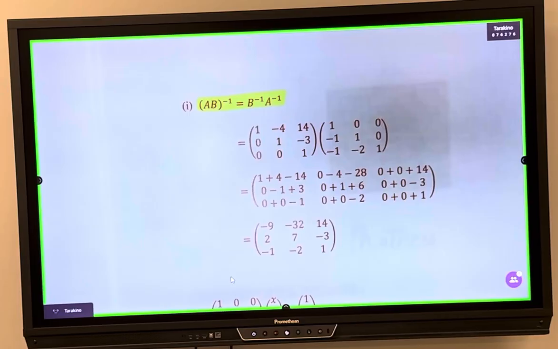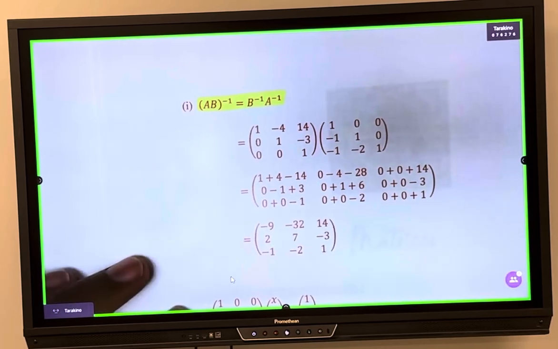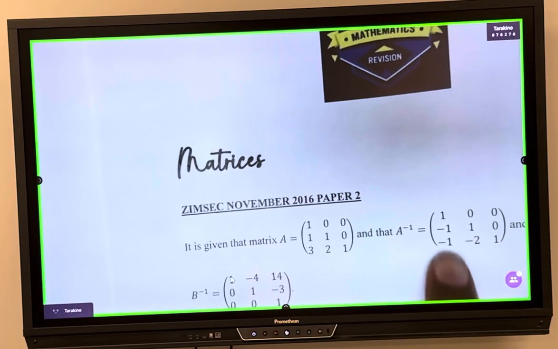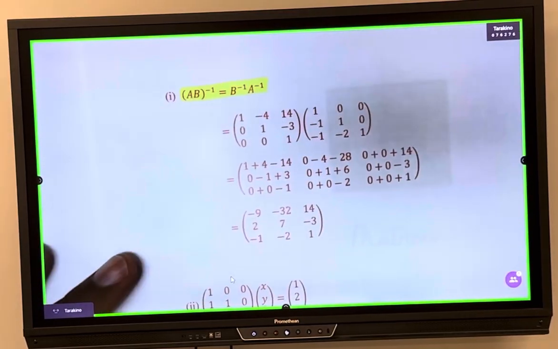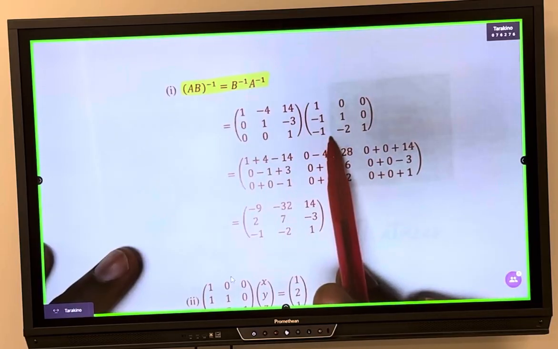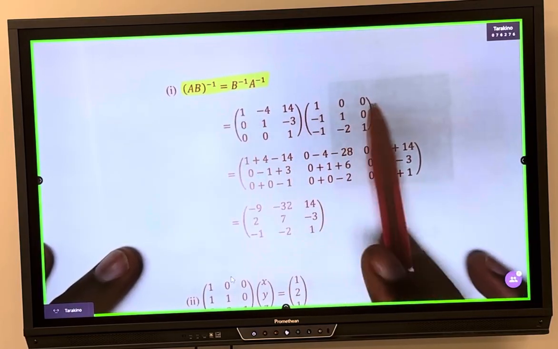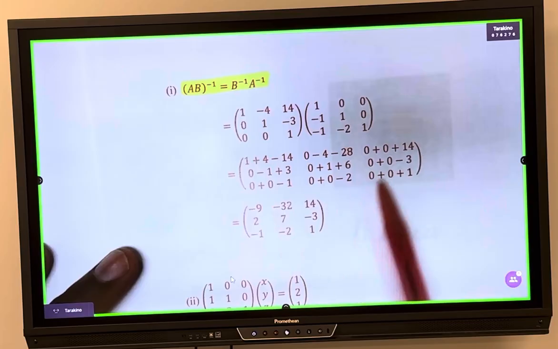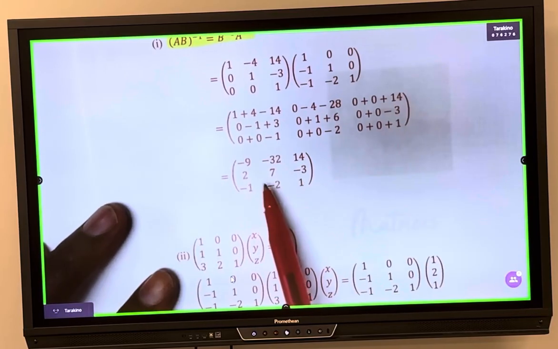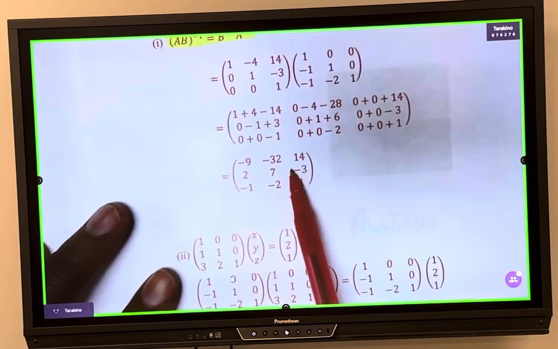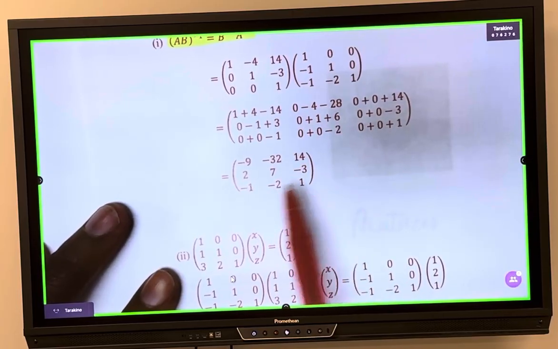It's not A inverse B inverse; you commute, then you take the inverse while you commute the A and B. So we are given our B inverse and our A inverse, and we just multiply those matrices row by column, and you do the same until you get this part here. Then when you simplify, you're going to get negative 9, negative 32, 14, 2, 7, negative 3, negative 1, negative